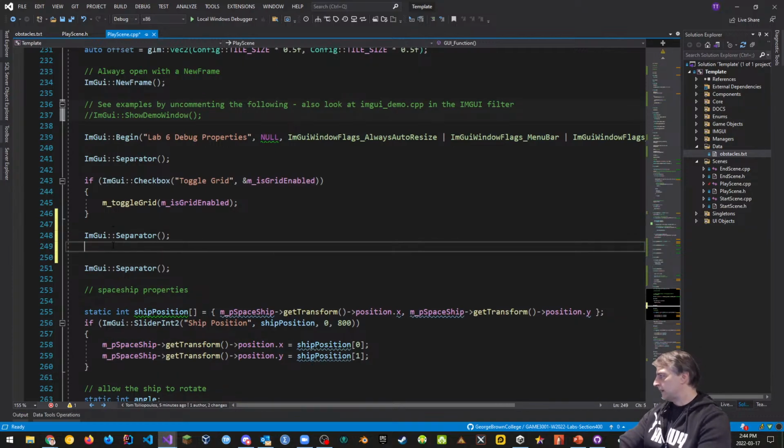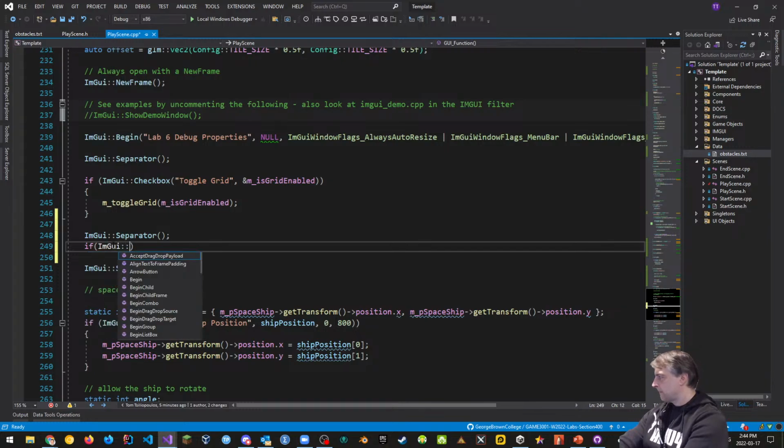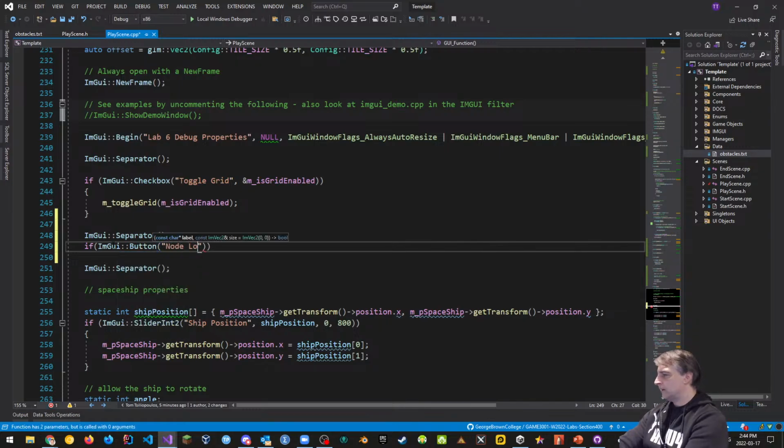And I'm going to say that if ImGui button is node to line of sight target, right? Then what we want to do is we want to kind of limit the size to about 320.